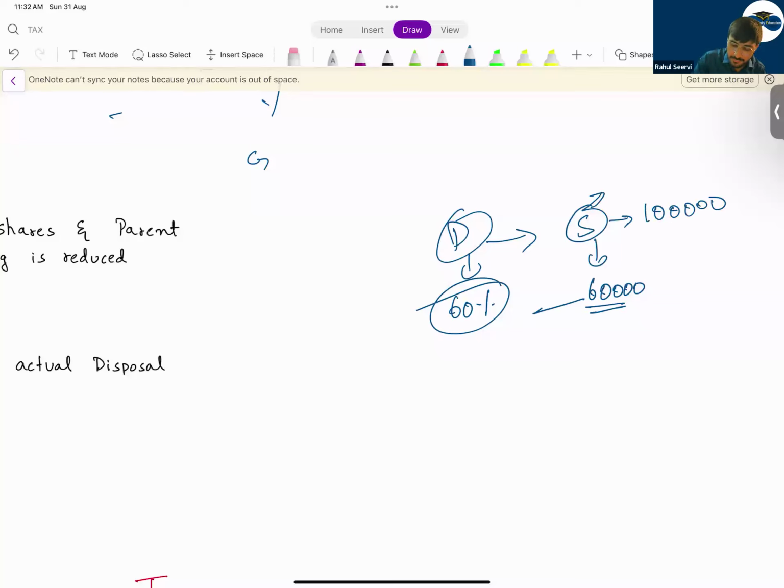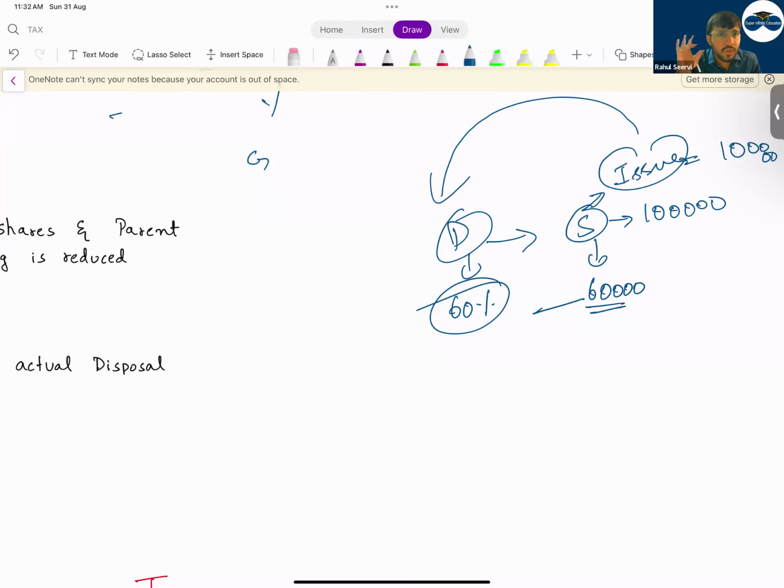Now subsidiary company in future will issue shares. They want to raise capital. They are issuing further shares, 1 lakh shares. Now, when they issue this 1 lakh shares, they have given the first priority for parent company to purchase this. Now, the parent company will say that we will not purchase. If the parent company does not purchase this, what will happen? Can I say total shares will be 2 lakh and now parent company only has 60,000? That means the percentage is only 30. That means control is lost here.